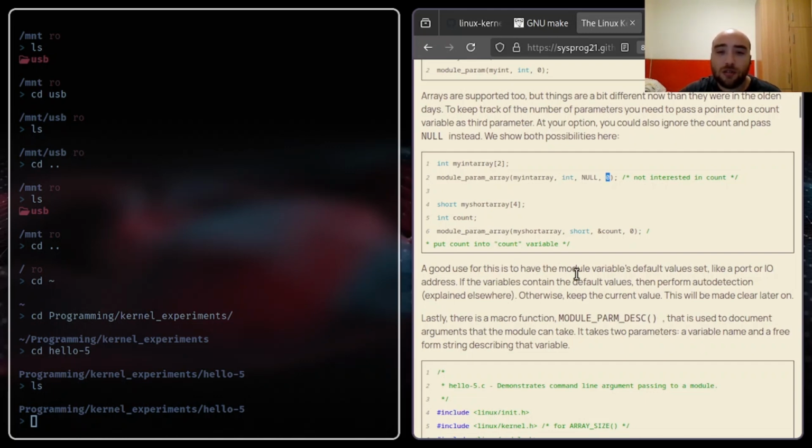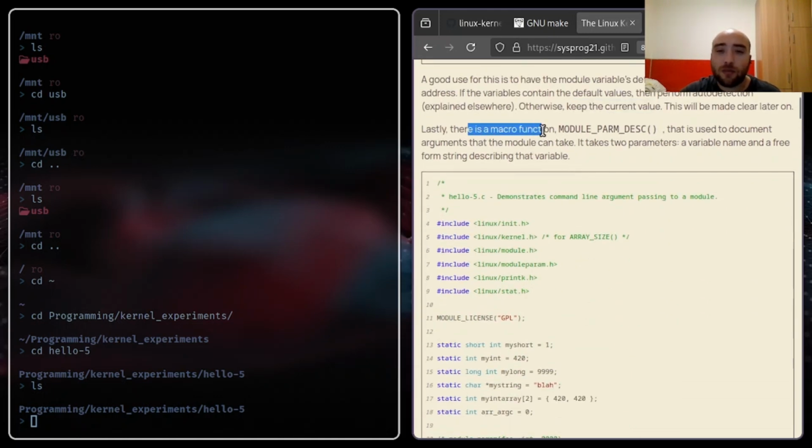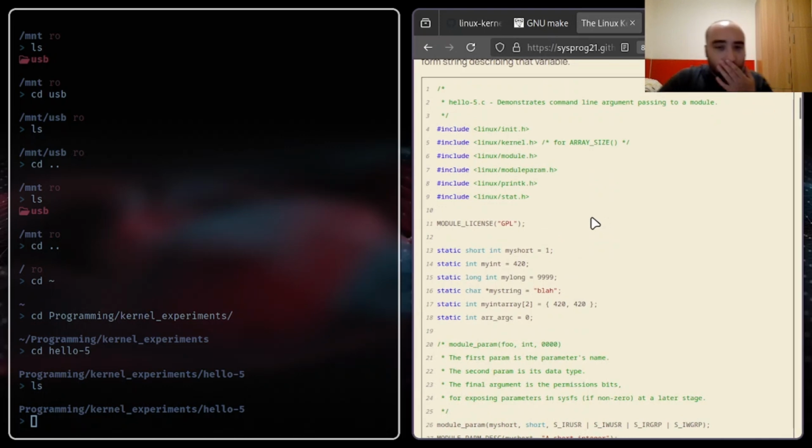A good use for this is to have the module variable default values set, like a port or IO address. If the variable contains default values, then perform auto detection. Otherwise, keep the current value. Lastly, there is a macro function, MODULE_PARM_DESC, that is used to document arguments that the module can take. It takes two parameters, a variable name and a free form string describing that variable. Okay,